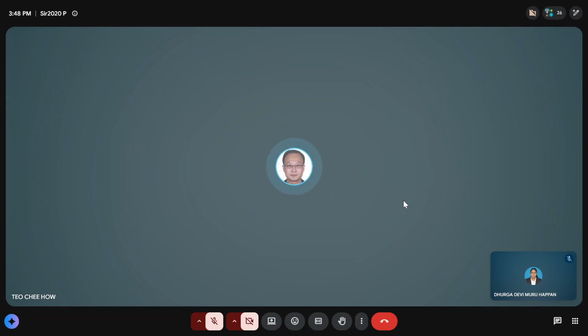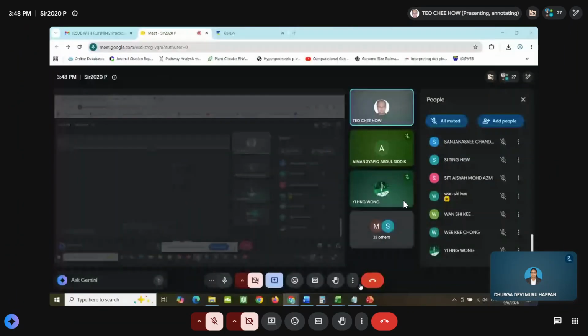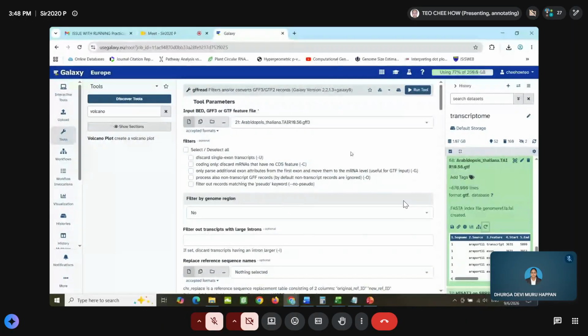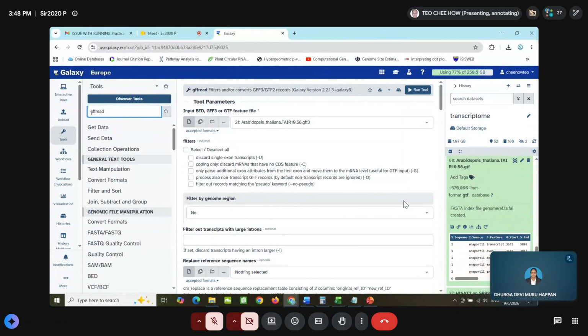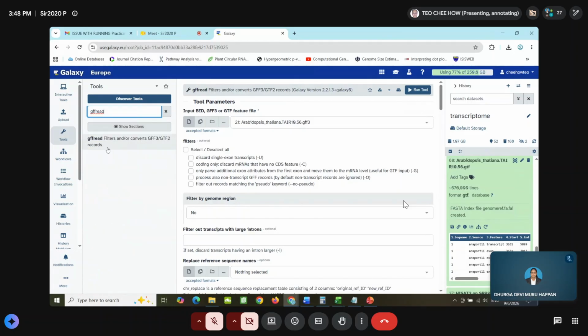So to convert the GFF file to a GTF file, you use the GFF read. So in here, GFF read, right? Use this one.